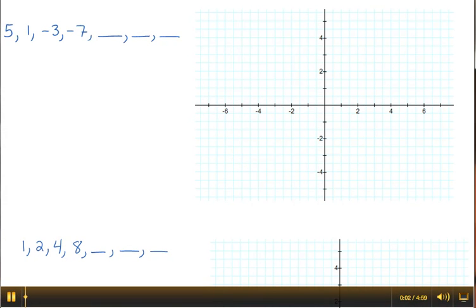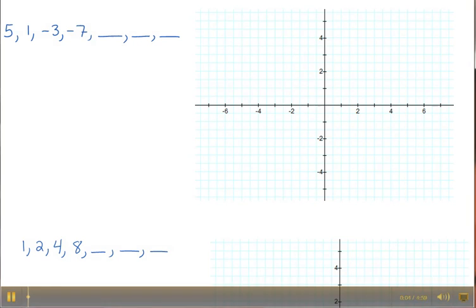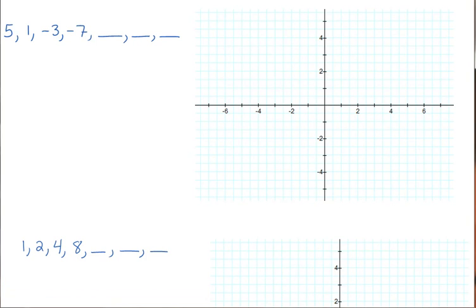Now that you're starting to get the idea of arithmetic sequences and constant difference, I want to look at two more examples. Again, we're going to consider: is this an arithmetic sequence? If so, what is its constant difference? Once we have that, is it a direct variation equation? If so, can we write the equation? I'm going to show you yet one more way to check whether it's